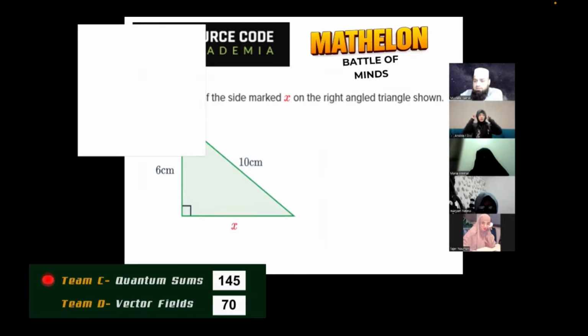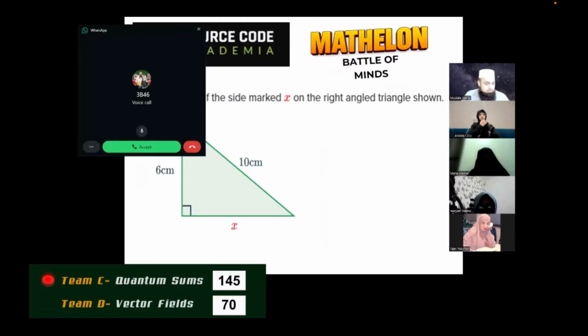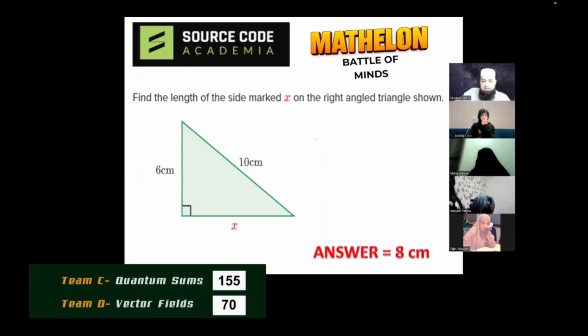Team C, Mariam Fatima. 8 centimeter. 8 centimeter is the correct answer. 8 centimeter is the correct answer. Well done. Because